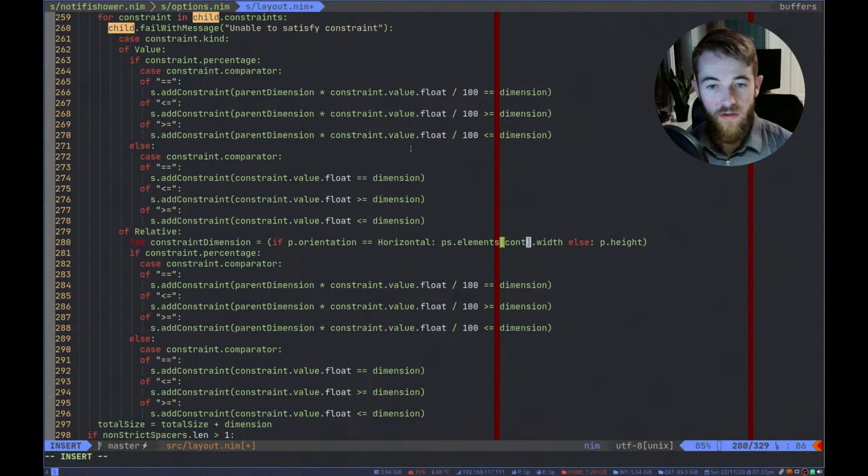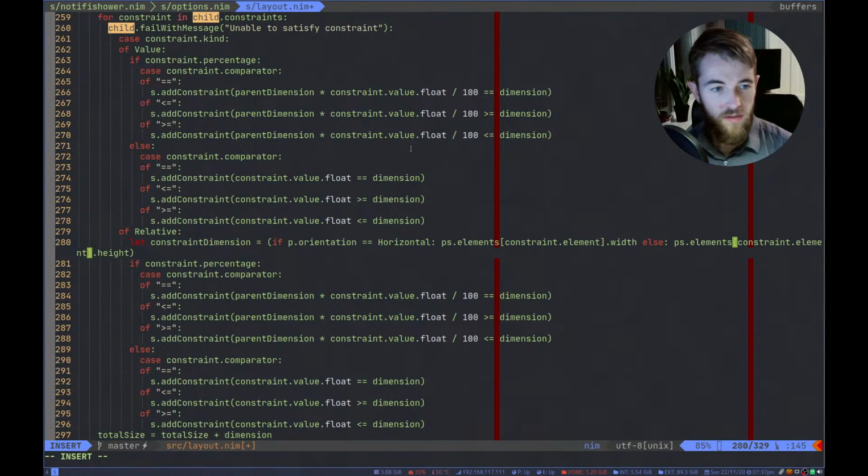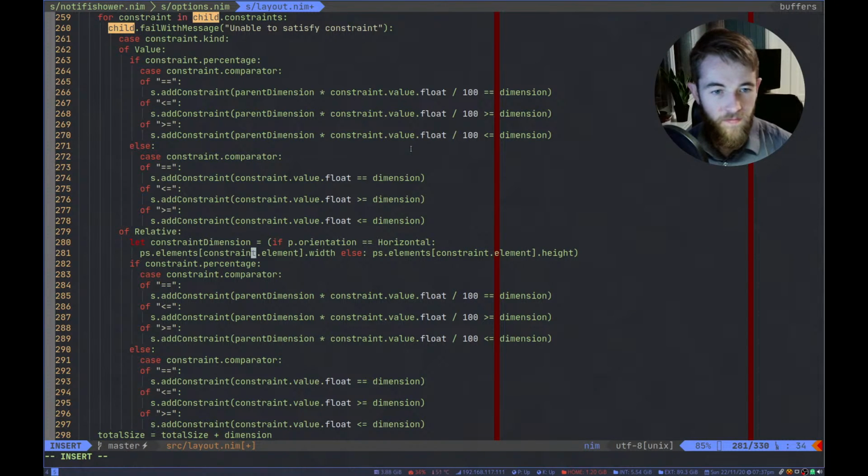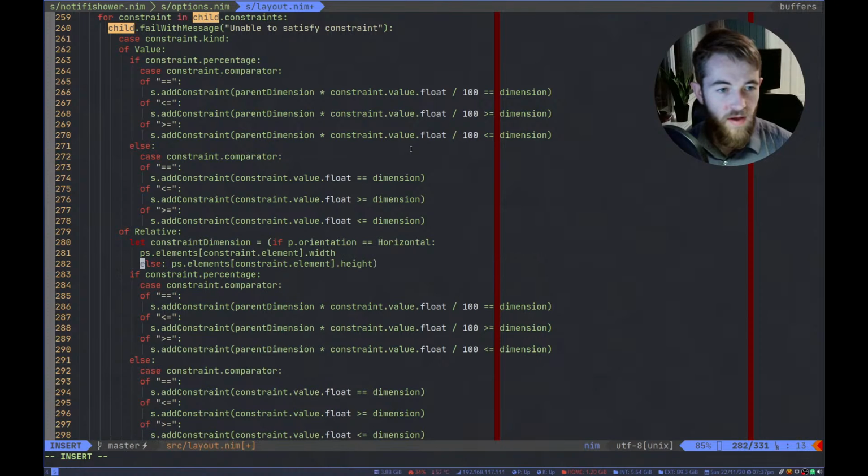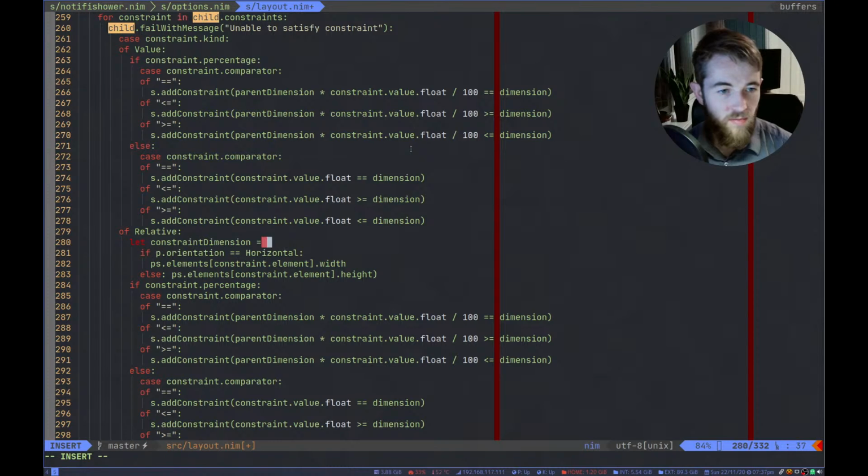This is our constraint.element, I think. ps.elements, constraint element. This is now a horrible multi-line ternary, kind of unreadable, but that's fine. I'm gonna just split this into multiple lines to make it slightly more readable. There.